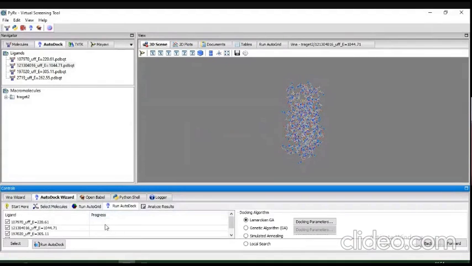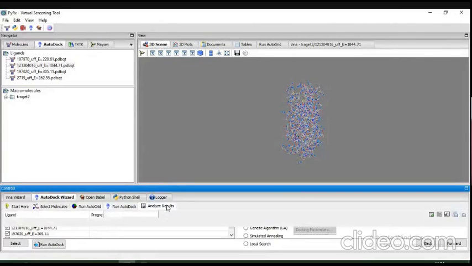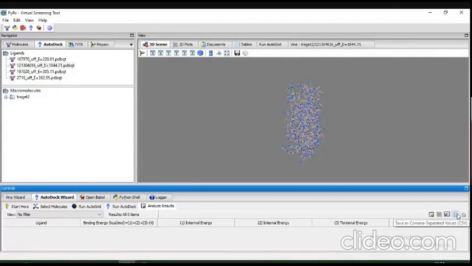When you complete the run and open the run results, this will not be shown, so we have to show that before. Here job finished will come. When this job is finished, we go to analyze results and save in CSV format. When we save in CSV format, the results will be shown like this.